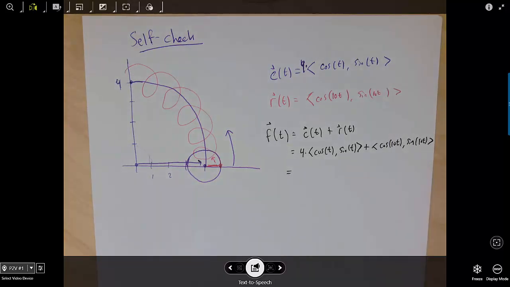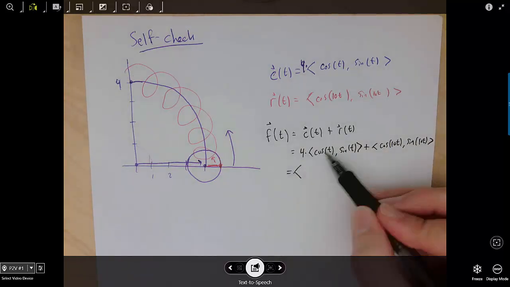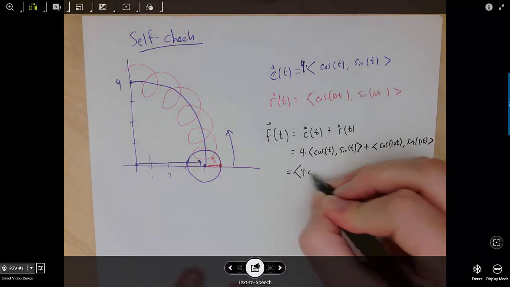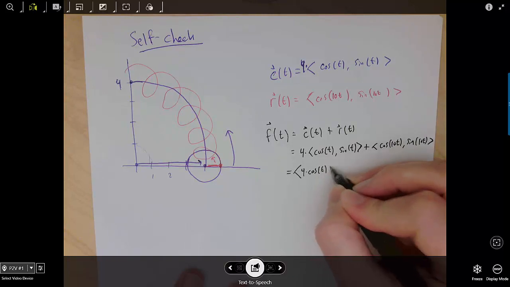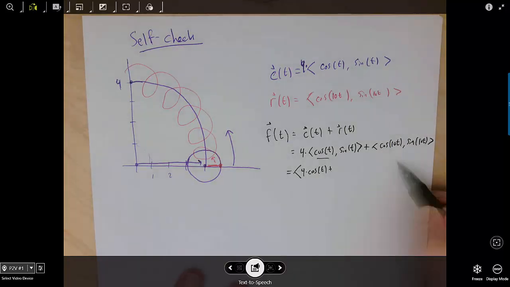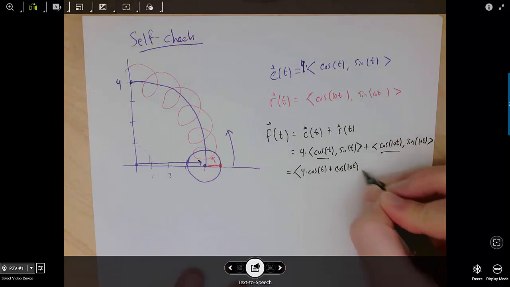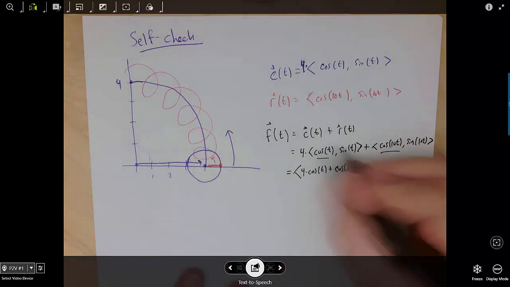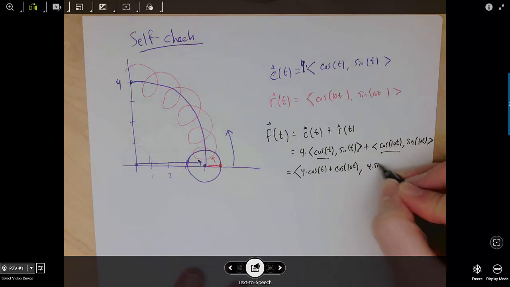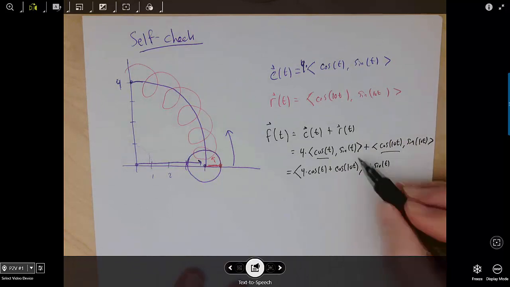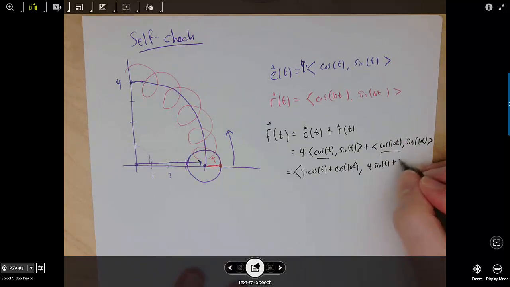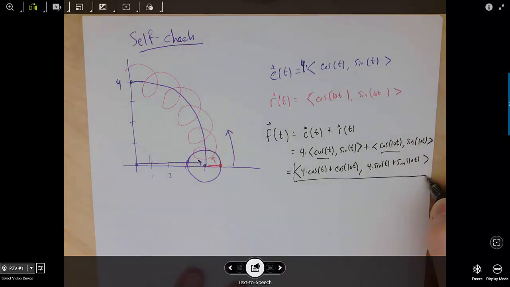And if we wanted to group all the terms together, the x's and y's, we could write, let's see, this is going to be 4 cosine t plus the x term over here is cosine 10t. And then for the y's, we've got 4 times sine t, and then plus sine 10t. And if you want to check out what that looks like in Desmos, go